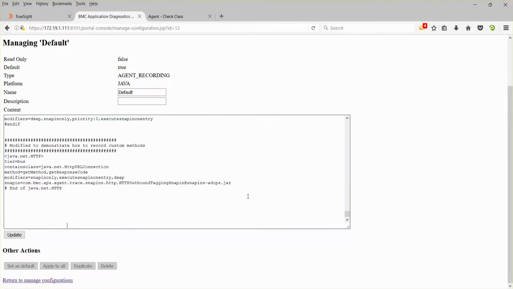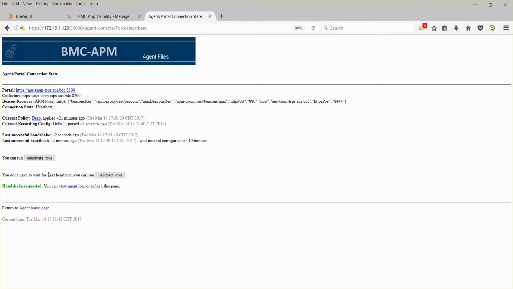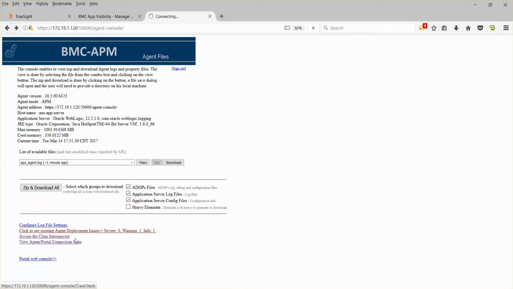Now I'm going to do something which I don't recommend you do, but I'm going to change these methods and put an asterisk there, a star. This will now go and theoretically collect everything. And I don't recommend you do this because you have no idea how many methods or classes are going to be collected. So this could bring the system to a complete halt. But go through, do the heartbeat, and then go back and list all the classes,